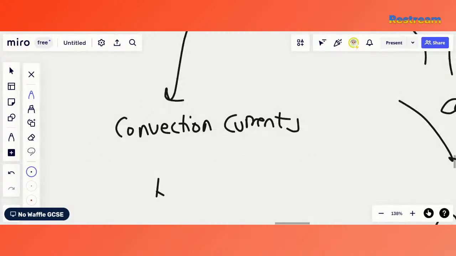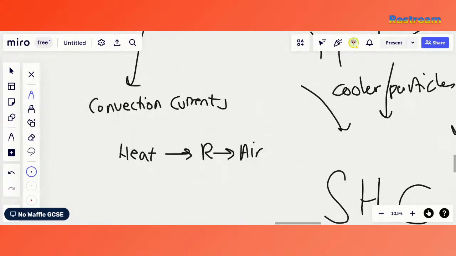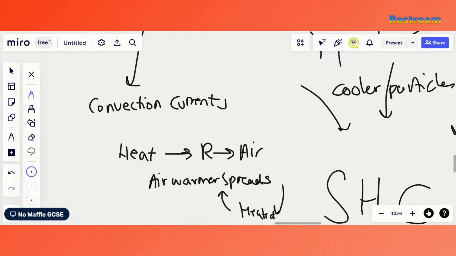The air by the radiator then becomes warmer and moves up, and therefore spreads into the room. This warm air then rises and is replaced by cooler air. The cooler air then comes back down and is heated again. So when it's heated, it rises, and when it's cooled, it comes back down. This cycle repeats, causing a flow of air to circulate around the room